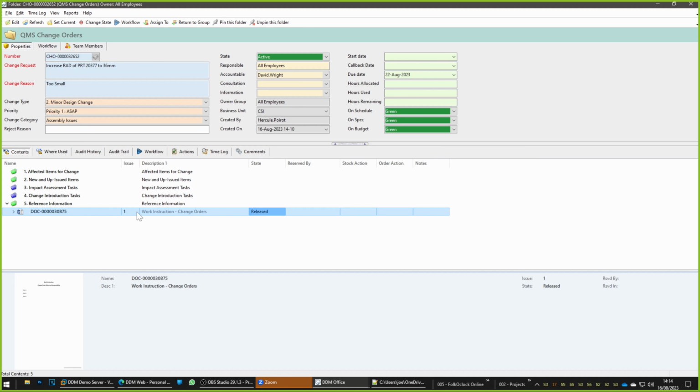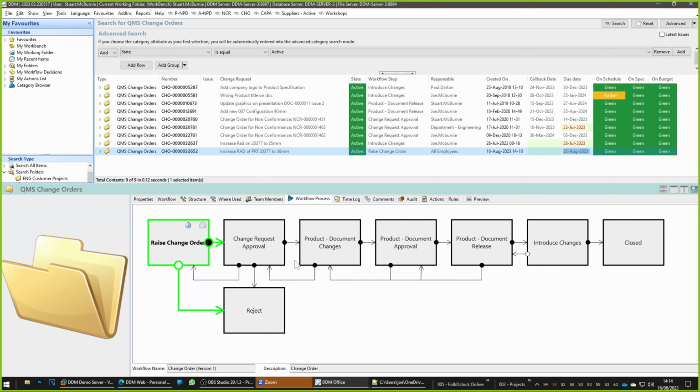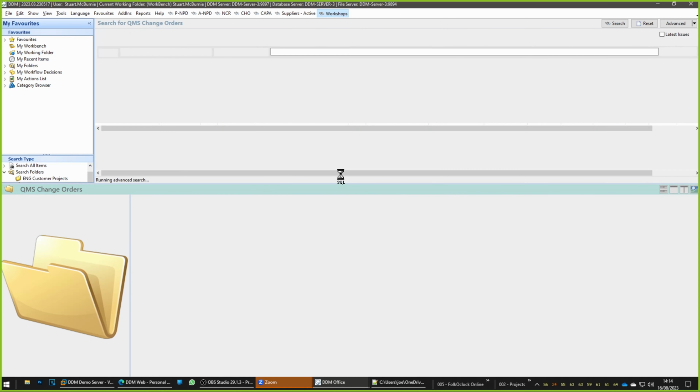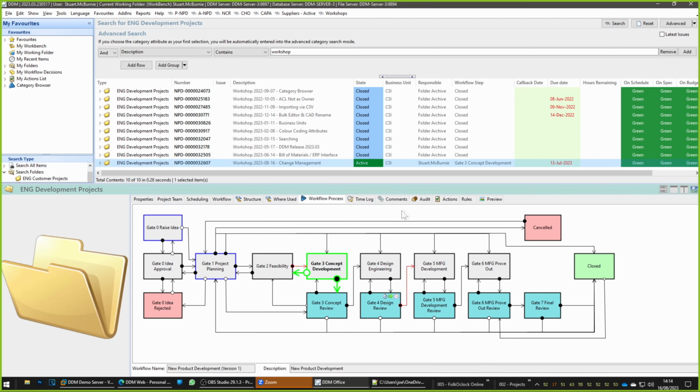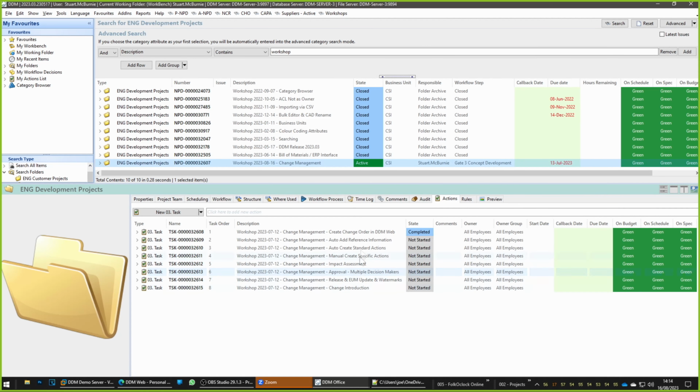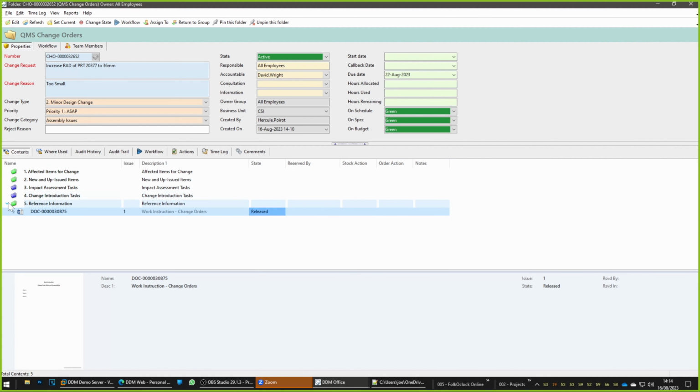Okay, so I'm just going to hop back here so I can make sure that I'm tracking the topics that we want to cover and go back to my actions. Okay, so adding reference information. The other thing that we can do as part of that is we can also automatically include document templates. So you'll see here that we've got the reference information, but there are no other documents within my change order. What I want to do at this point in time is I'm going to pin the folder